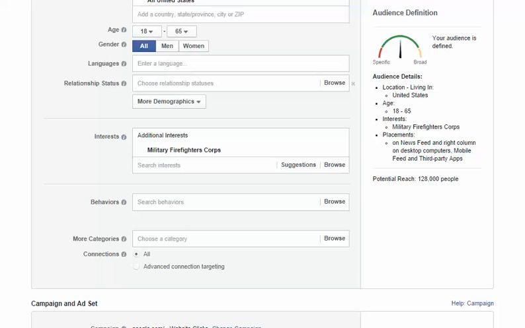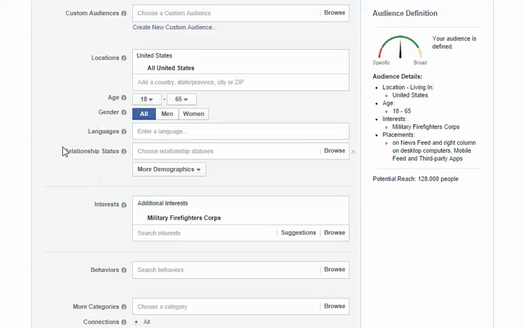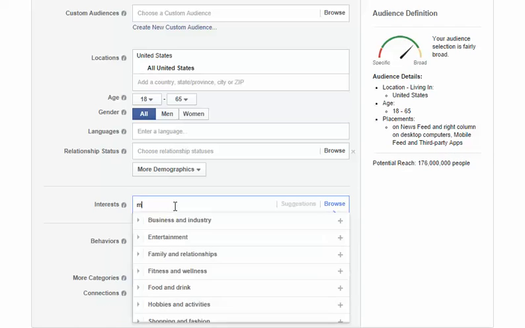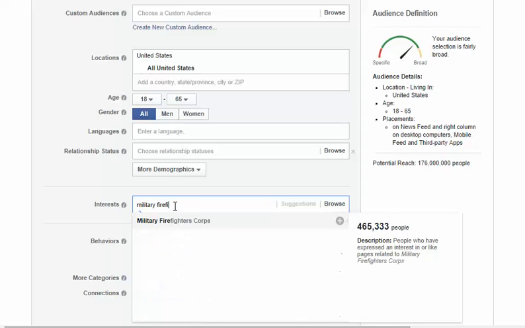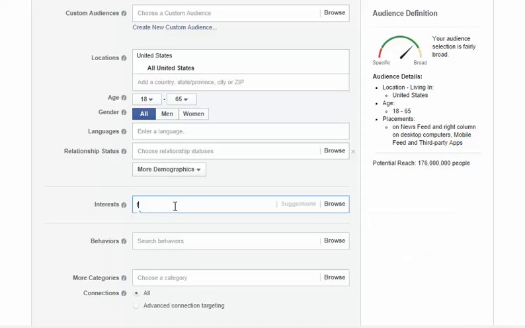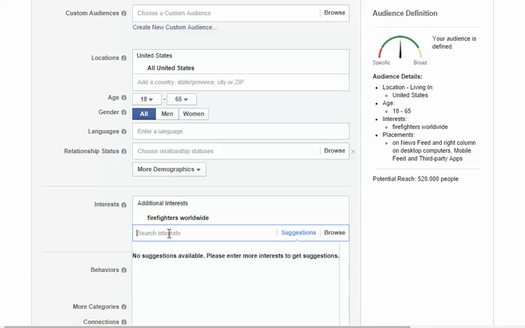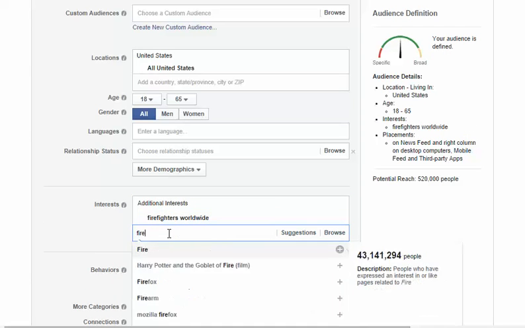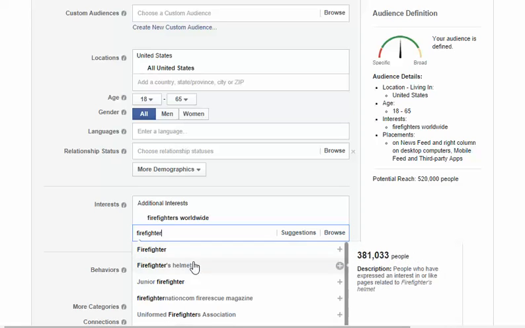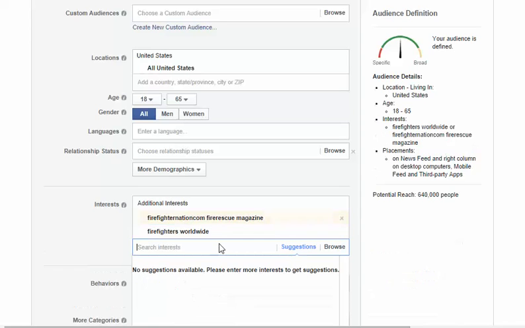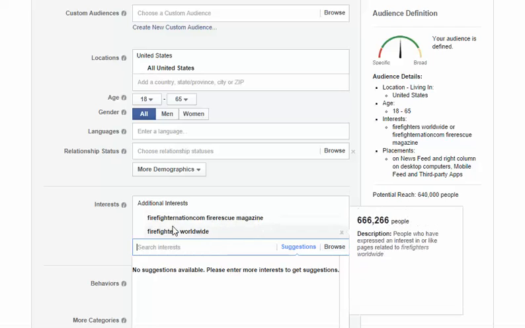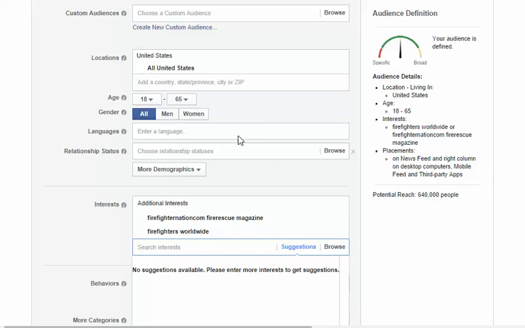So let me just go back here, and for the firefighter mom, I'll just show you how we target that as well. And again, this is something that should become pretty quick as you go through these. I'll just put in some of these more targeted keywords. Firefighters worldwide. Like I say, I'm guessing that's a magazine. Firefighter magazine. So I'm guessing this is a website. 640,000 people. But let's choose women